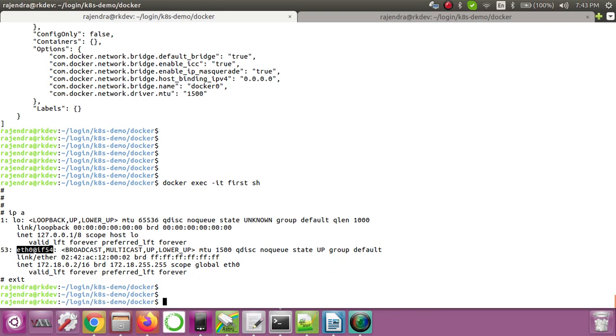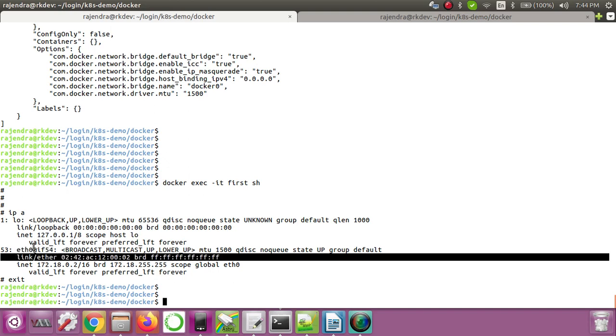So we know how to connect the container to a network. We have the docker network connect command. Now we'll connect this same container to the default network bridge. Then we can see that another interface, eth1, will be added inside this container, and that eth1 will be connected to the default bridge. So let's see that.